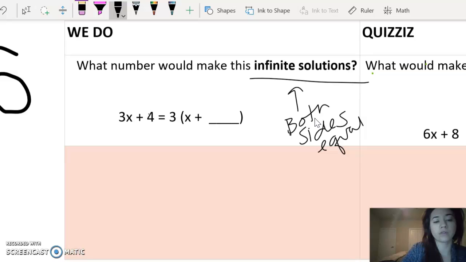So we have 3x plus 4, 3x, or 3 times x plus something. So what we need to realize is that this 3 is going to be distributed to the inside here. And I'm trying to get this side to be the same as my left side. So right now, if my 3,